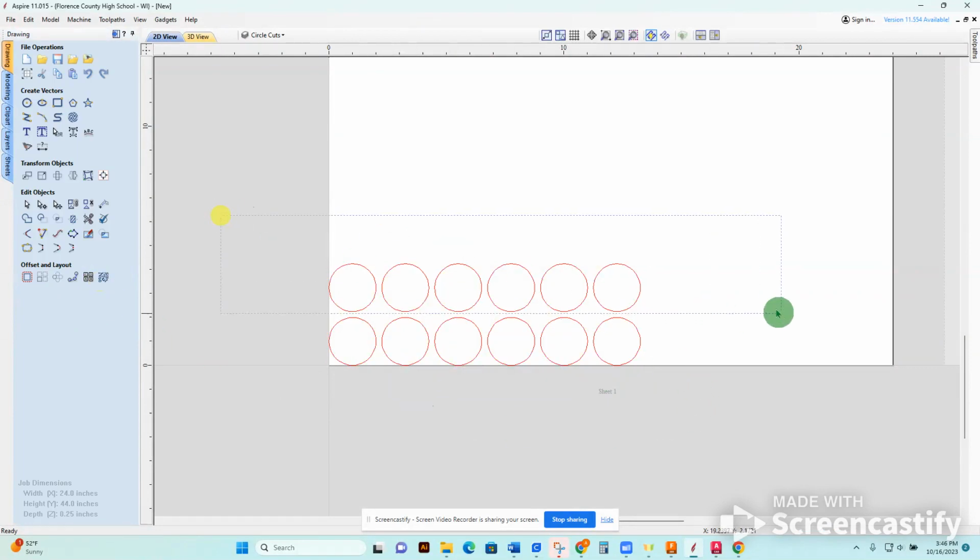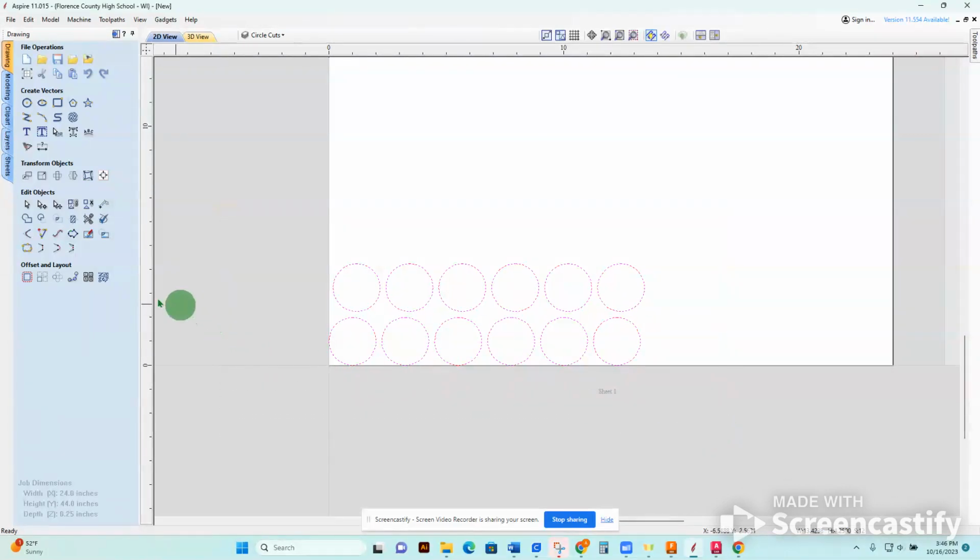Now, there's 2 ways we can do things to make it efficient. Oh, this brings up another point. If I drag from left to right and I don't have everything selected, it doesn't select. I'd have to go all the way around it. If I go from right to left, you can select material just by having part of it selected. If I wanted to be efficient, I could move these down. That's probably the easiest way for this. But if I'm doing something more complicated,